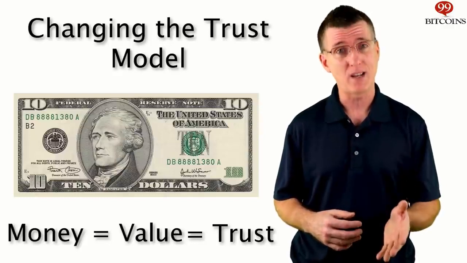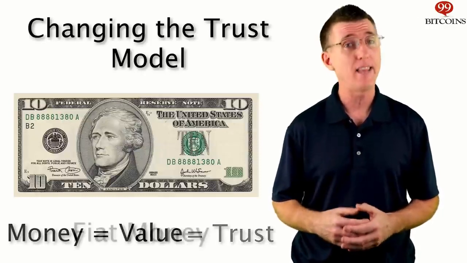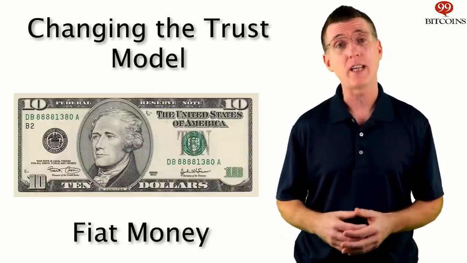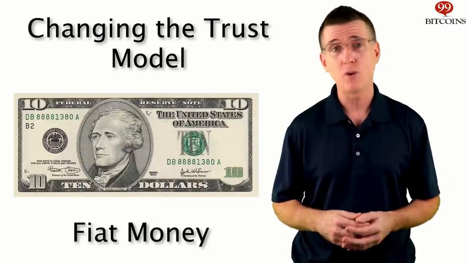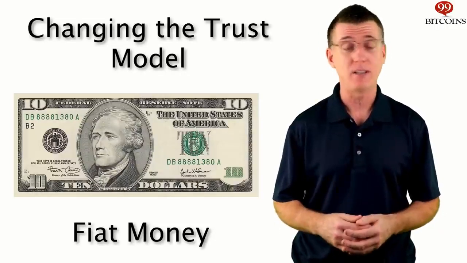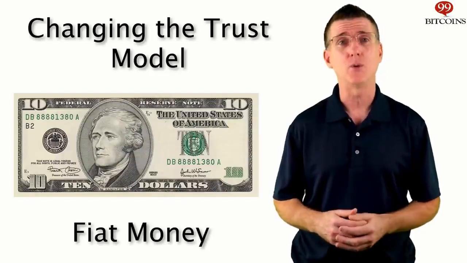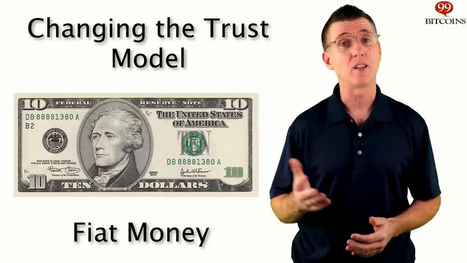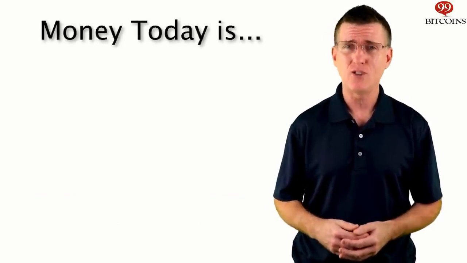Well, because of trust. Even though there is no actual commodity backing paper money, people trusted the government, and that's how fiat money was created. Fiat is a Latin word that means by decree, meaning the dollars or euros or any other currency for that matter have value because the government orders it to. It's what's known as legal tender, coins or banknotes that must be accepted if offered as payment. So the value of today's money actually comes from a legal status given to it by a central authority, in this case, the government. And so the trust model has changed from trusting something to trusting someone, in this case, the government. Fiat money has two main drawbacks.